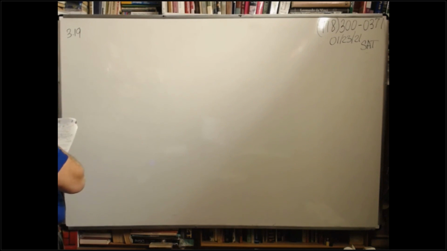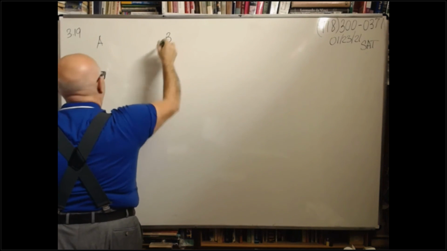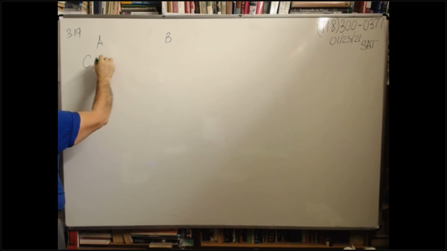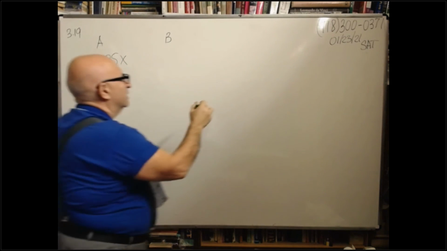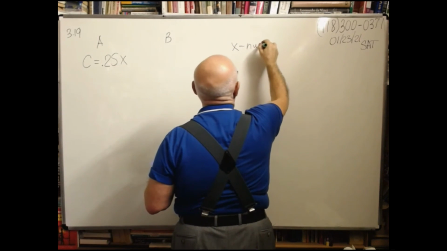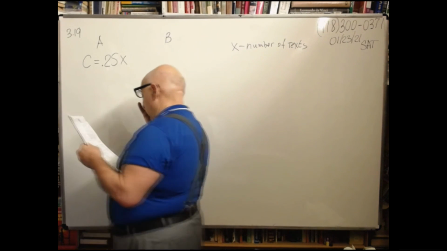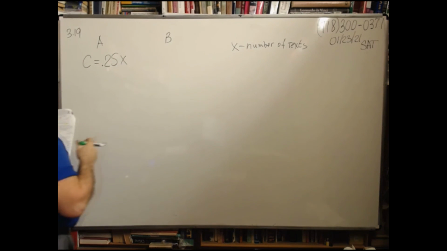What do we have? You have two plans, plan A and plan B. Plan A, 0.25 per domestic text. So the cost for plan A is 0.25 times X, where X is the number of texts. What about plan B? Any 200 domestic texts. So you have,